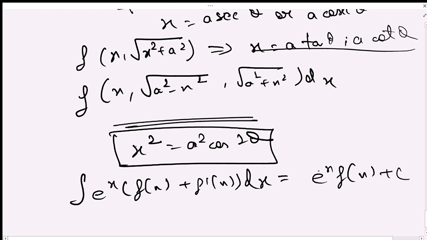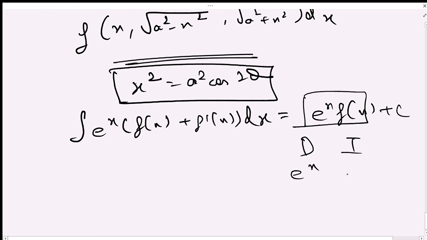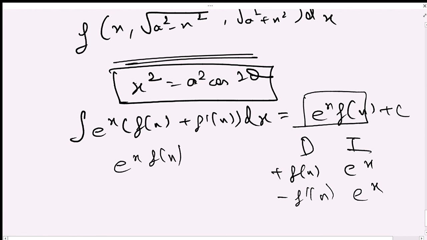The reason behind this is integration by parts. If you integrate this by parts, I can do it very easily. So, sorry, let me take the inverse one. Let me take here f(x) and here e to the power x. So integration is e to the power x, and this is f dash x. Cross multiplying these, what do you get? Here you have plus, here you have minus. Clear? So integrating these, what you get is e to the power x f(x), and here you get minus e to the power x f dash x dx.